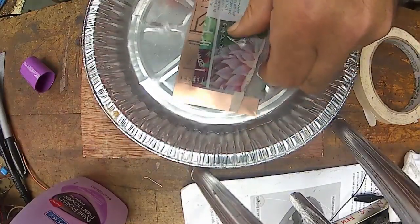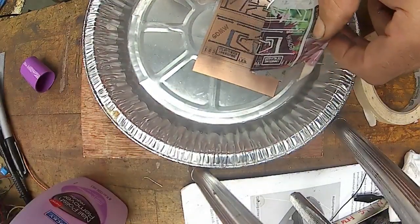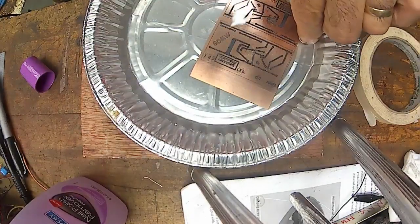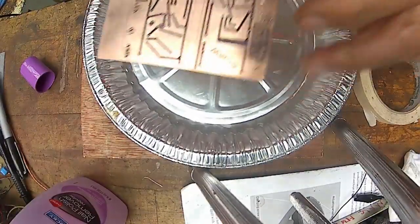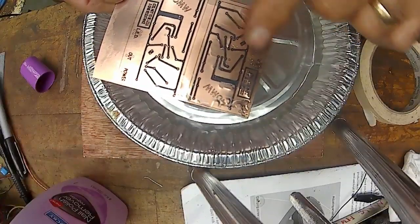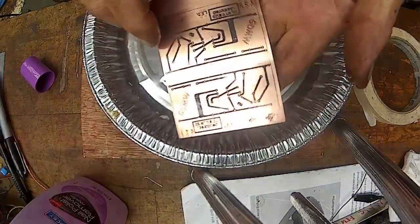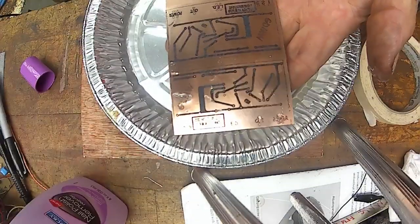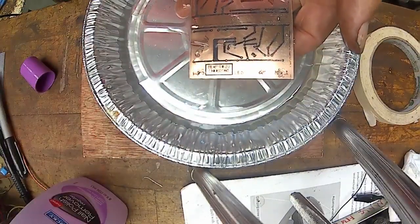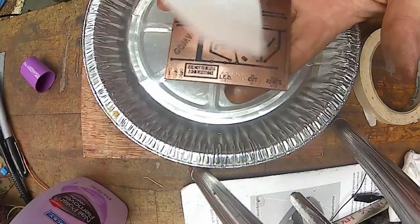And you can see that it came out pretty good, all except for right here and right there. So apparently I didn't rub that down quite good enough. But if you want to do it over, you can just scrub it back off with steel wool and then do it again. Or you can take a magic marker and